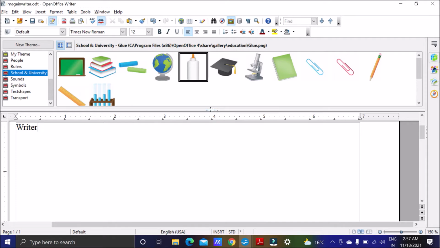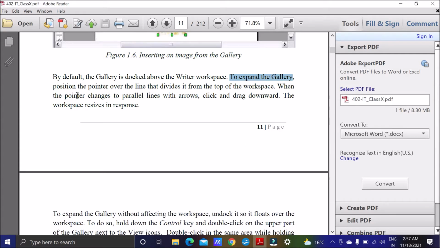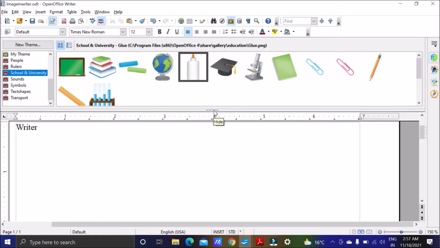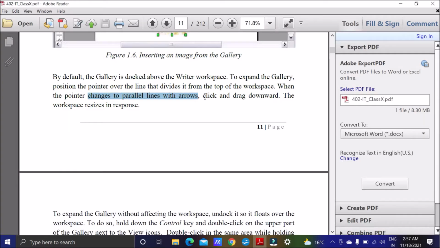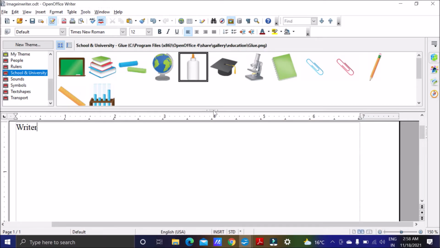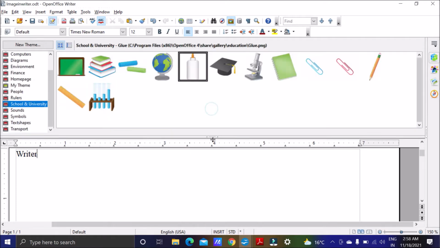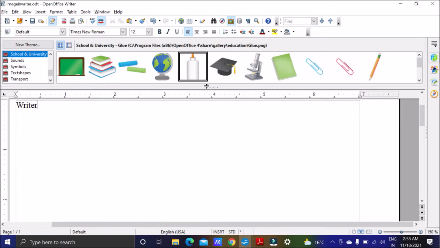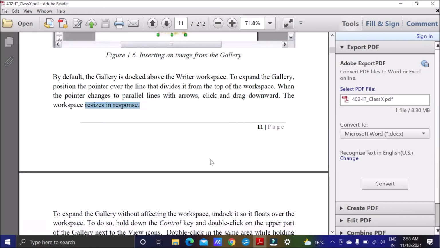So we have to put our mouse pointer here, on the line that divides the Writer work area and the gallery. When the pointer changes to parallel lines with arrows, you can see it has changed, then you can click and drag it downward or upward. Means we can resize the gallery. See this. We can increase or decrease the work area.